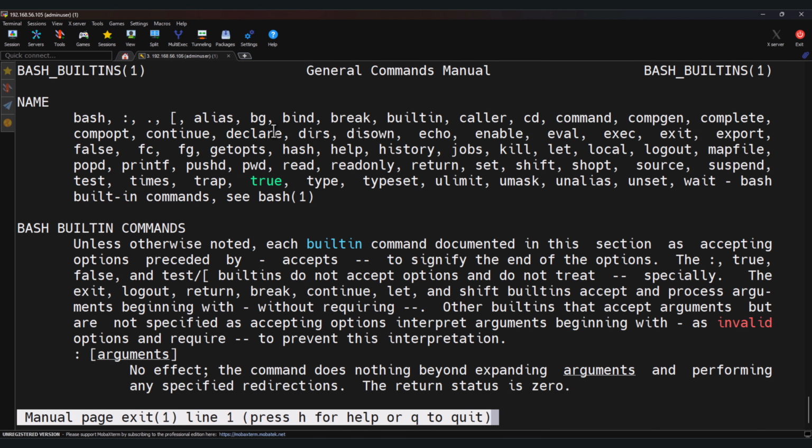What is the exit command? The exit command in Linux is used to terminate a shell session or a script and return a status code to a parent process. This status code plays a crucial role in determining the success or failure of the executed command. This is the basic syntax: exit